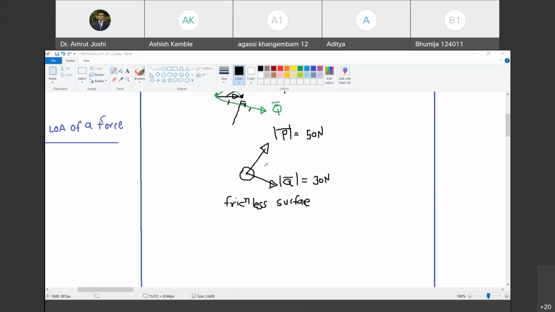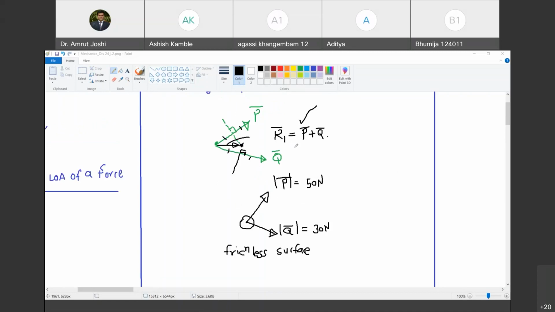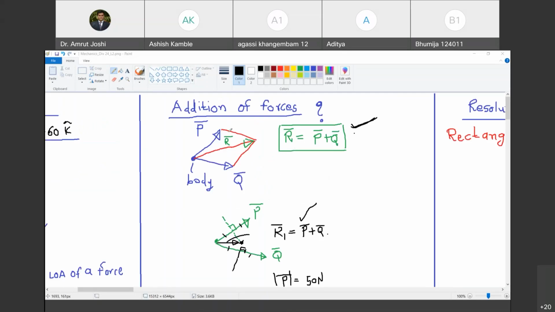So I have specified the two forces that I have applied to this string. Now, first let us define what we mean by addition of forces physically. For example, if you have 5 apples and I give you 2 apples, how many apples do you have? You have a total of 7 apples. Scalar addition is very easy to understand. Do you agree with me? Yes, sir. So there is no issue philosophically as far as the addition of scalars is concerned.